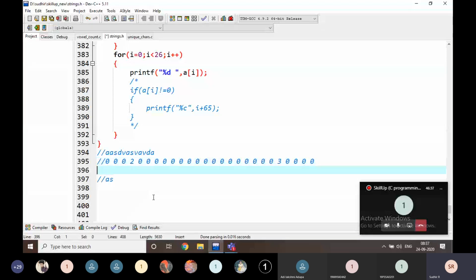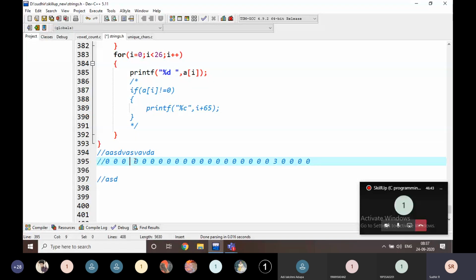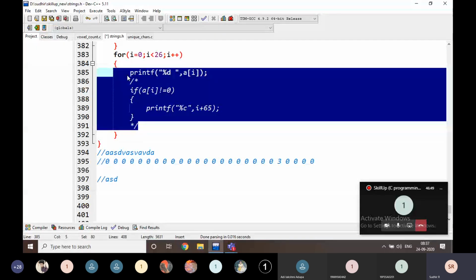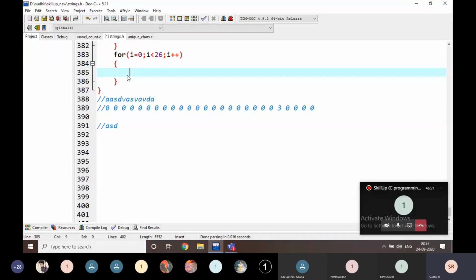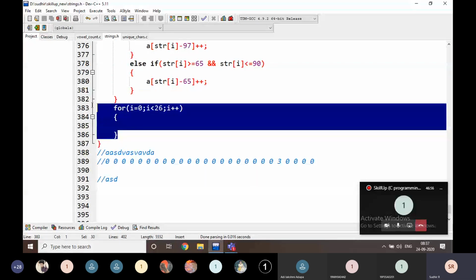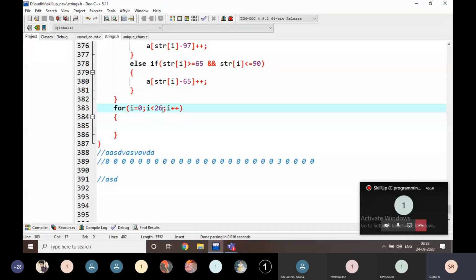Yes, I am going to print this D, and I am going to convert this 2 into 0, like that. Is my algorithm clear or not, students?